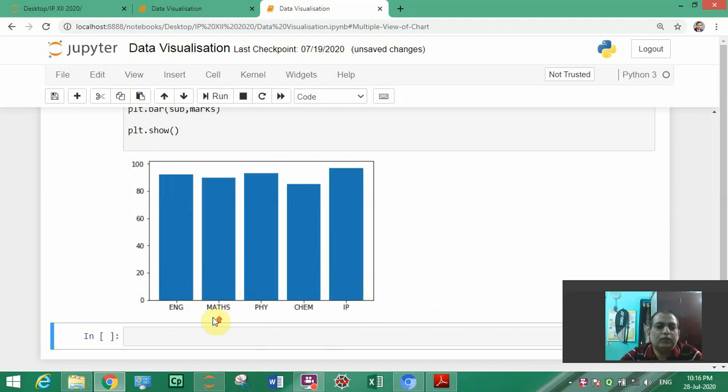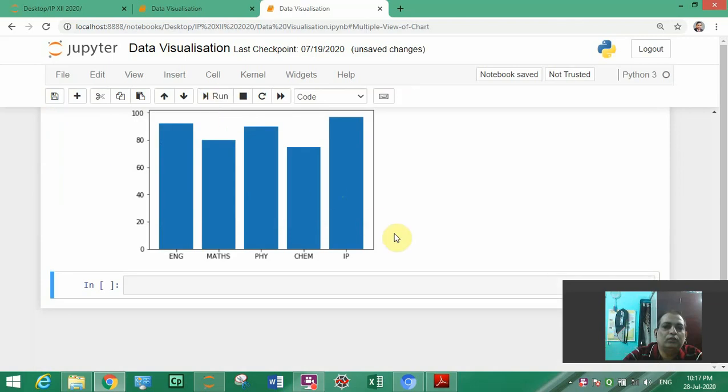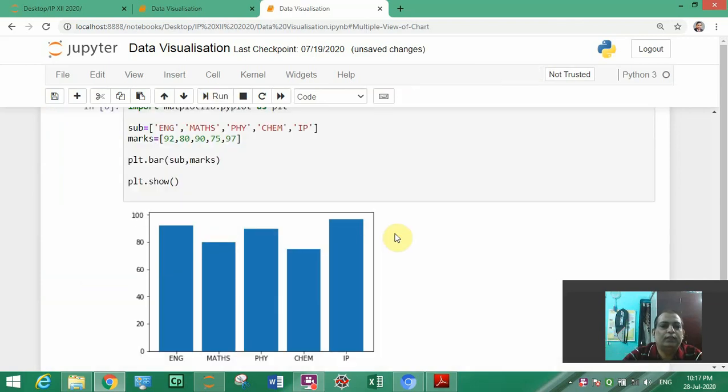We can change like this. Suppose math I will make 80 and physics 90, and chemistry 75. So now the graph will look like this.